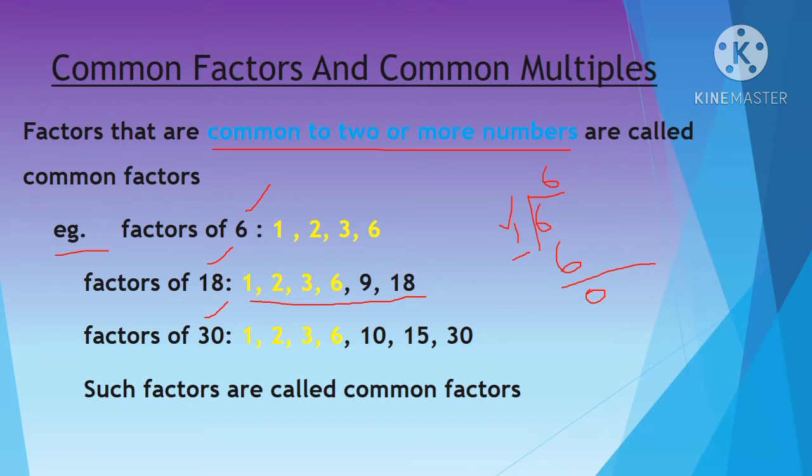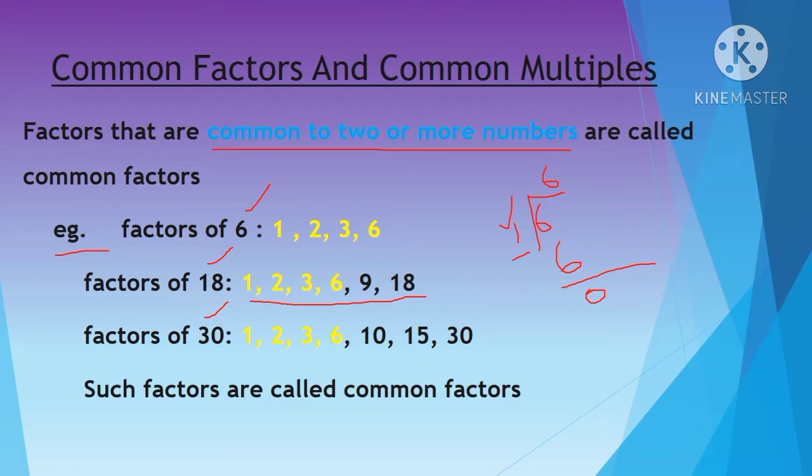First, like what we have in exercise 3.1, do you remember, children? Just find the factors for a number. First you read the question and write down the factors for the given number. So here for 6 you need to find the factors, then for 18 you write it down, and 30 also. Like what we did in exercise 3.1, finding the factors. The same way you write down the factors first.